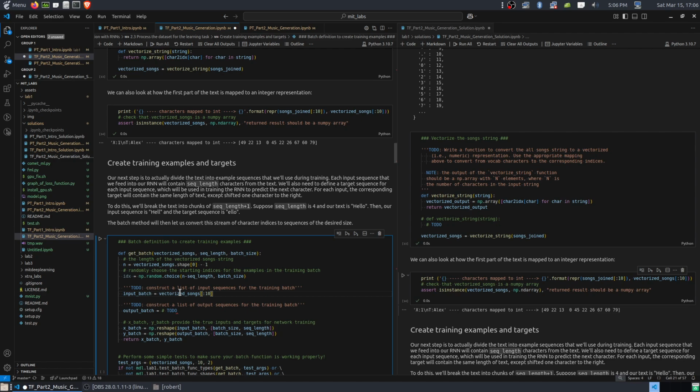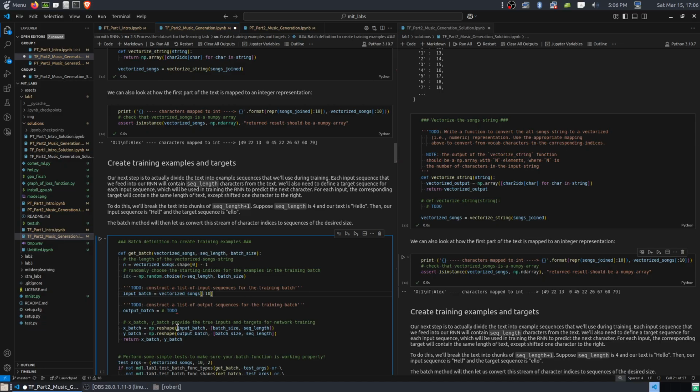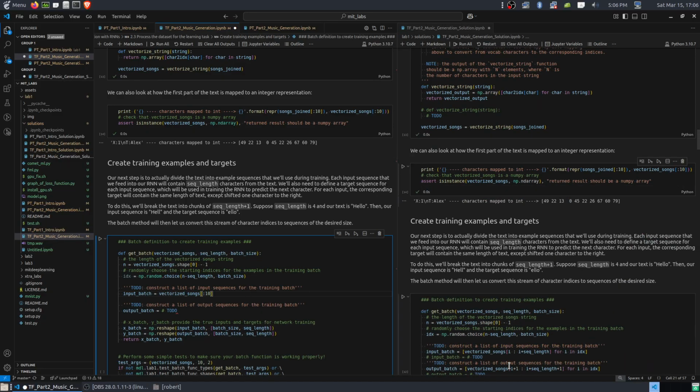But I believe there's more to it, because there's going to be an index. Where does the I come from? Oh, okay, so there's for i in